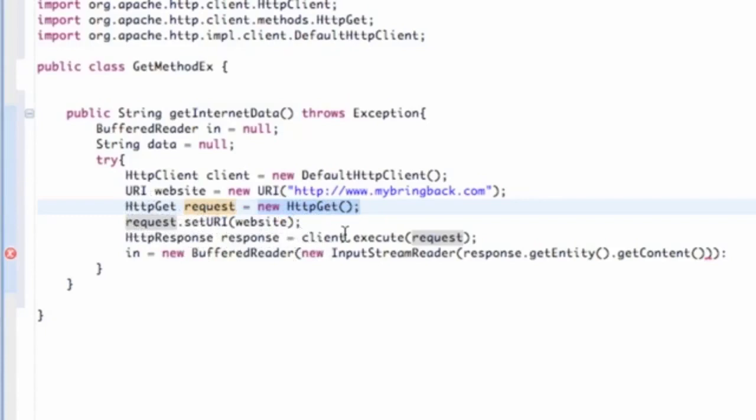So we're going to refer to our client, and we're going to execute the request that we set up, and then we need some way to read it. So we're going to set up a buffered reader, which is going to take an input stream reader, which is basically converting this to an input stream. And I have one extra parenthesis there, so just delete that. And then that's going to allow us to get some sort of buffered reader,